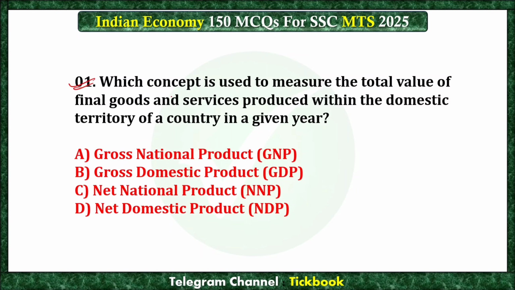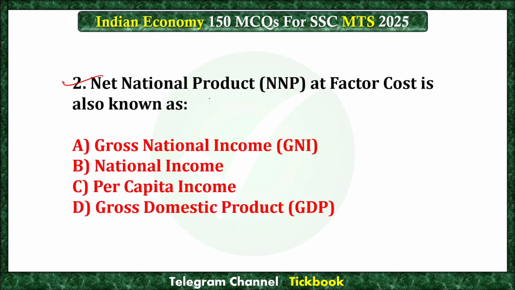Question number 1: Which concept is used to measure the total value of final goods and services produced within the domestic territory of a country in a given year? Option B, gross domestic product, GDP. Question number 2: Net national product at factor cost is also known as